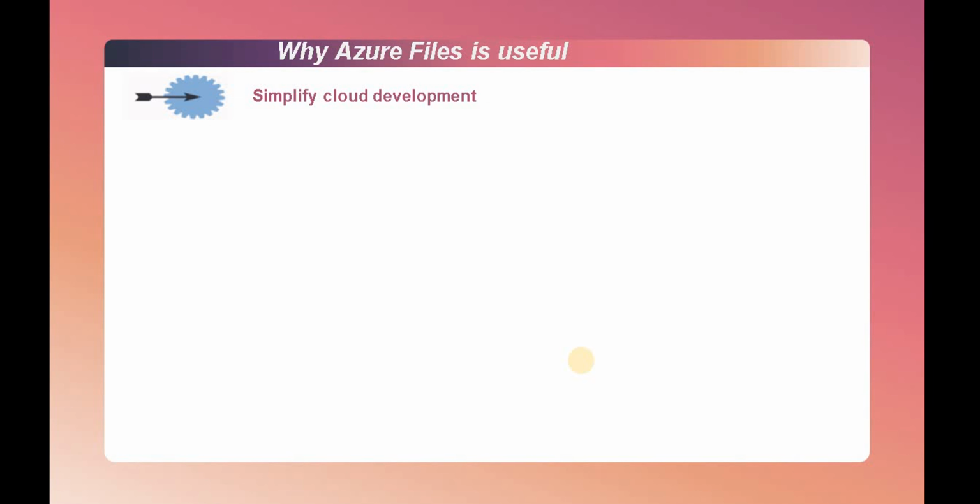And next is simplify cloud development. Azure file can be used in numerous ways to simplify new cloud deployment projects. The first is shared application settings. A common pattern of distributed applications is to have configuration files in a centralized location where they can be accessed from many application instances. So application instances can load their configuration through the file REST API, and a person can access them as needed by mounting the SMB share locally.